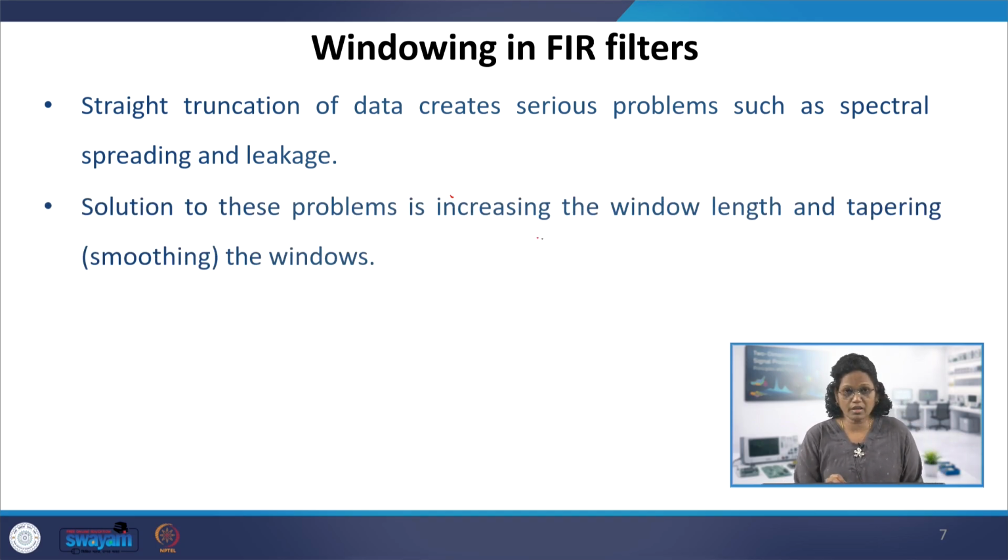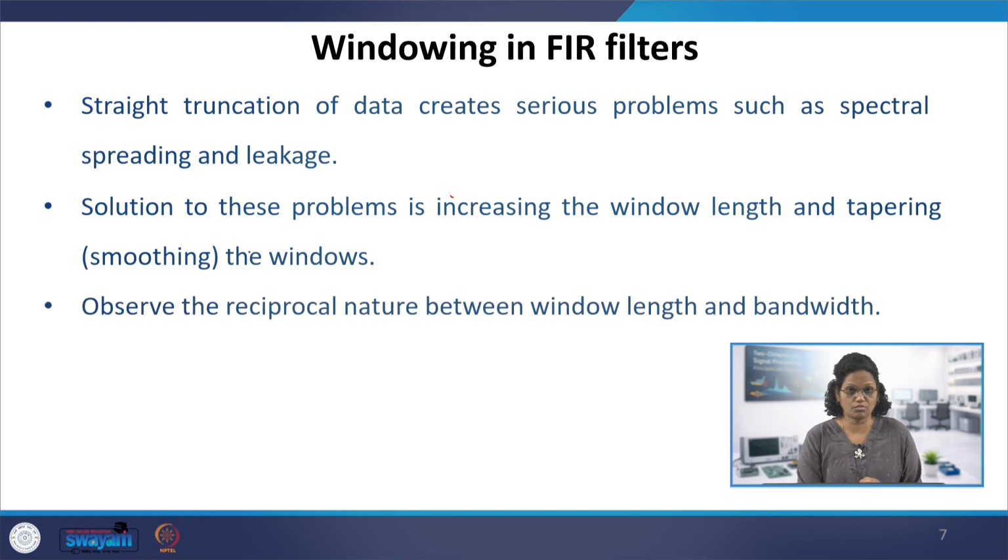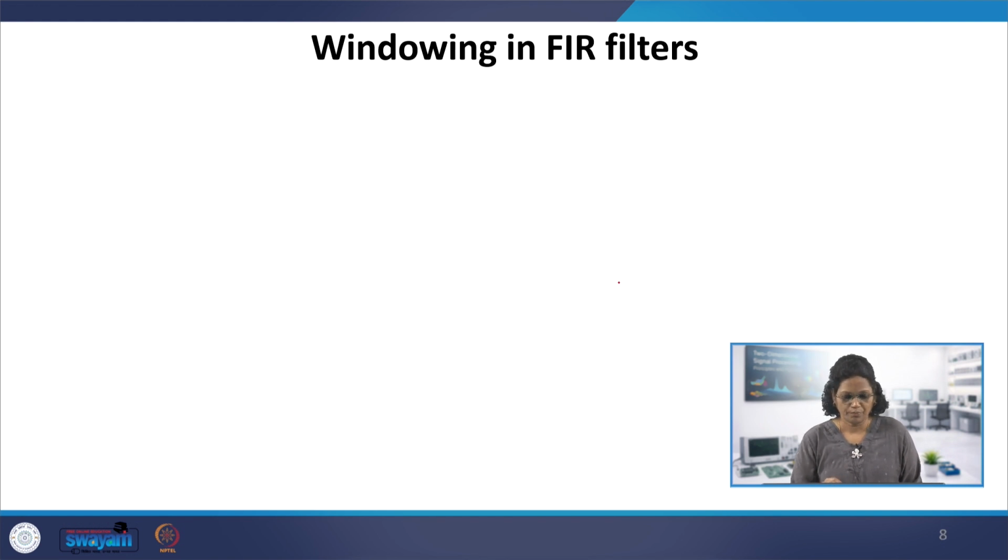This can be solved by increasing the window length, but increasing the window length causes certain problems. Tapering is another solution to bring this leakage down, that is, smoothening the window. Instead of having the straight window, we can have a smoothened window. Also, the window length and the bandwidth we get by designing this window have a reciprocal nature. So we have to look at all these points if we use the window for FIR filter